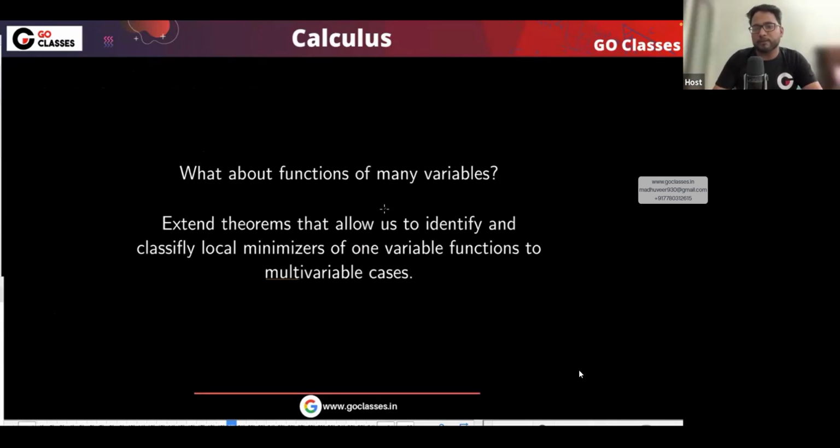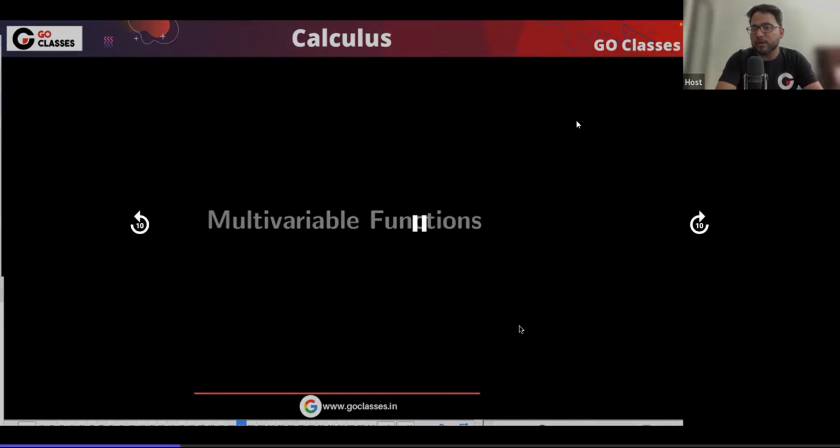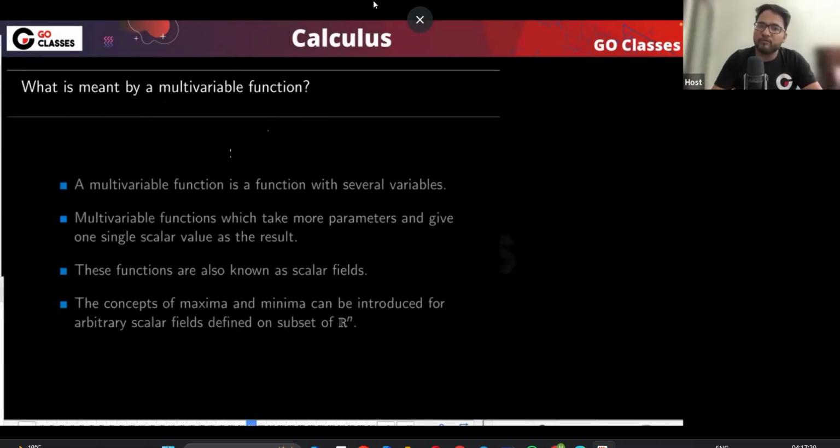Now what about the functions of many variables? So what we will do, we will extend theorems that allow us to identify and classify local minimizers of one variable functions to the multivariable case. Let's see how to extend these theorems, the first derivative test or second derivative test, to the multivariate case. So you already know what a multivariable function is, right? It is a function of multiple variables. So what is meant by a multivariable function? A multivariable